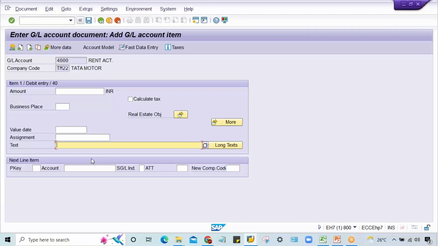So the next question was, multiple groups are there against the field status variant, so which field status group? Your answer is supposed to be the field status group assigned to this GL account. So let's suppose we have assigned G001, so against that field status group we have to make the changes. Now you made the changes, but the user, when trying to post the transaction, again got back to you saying that